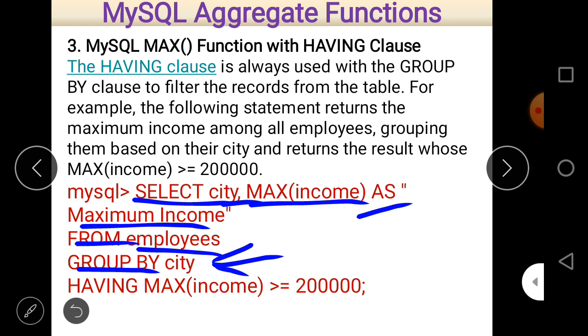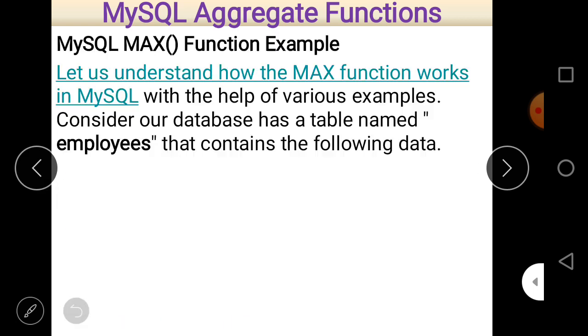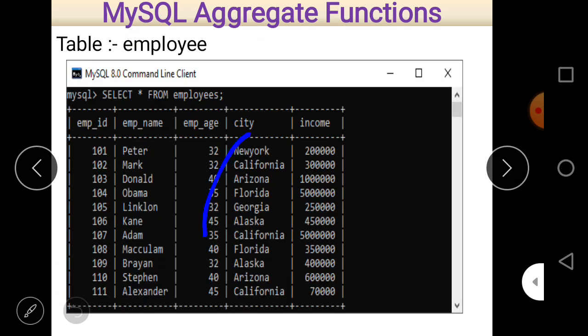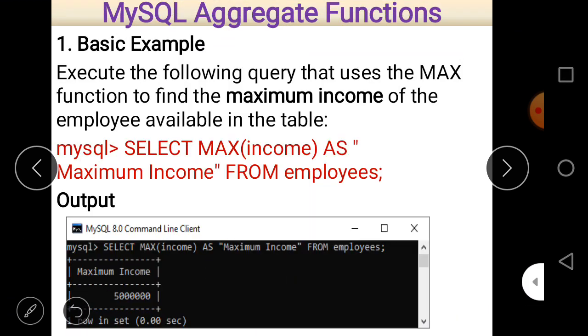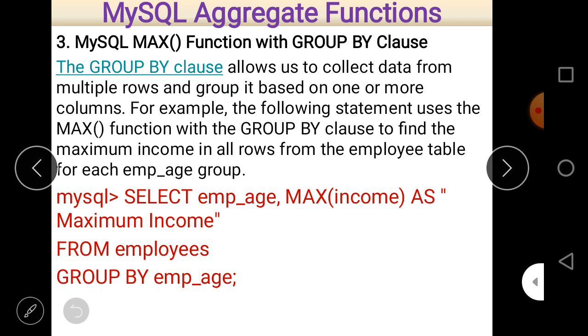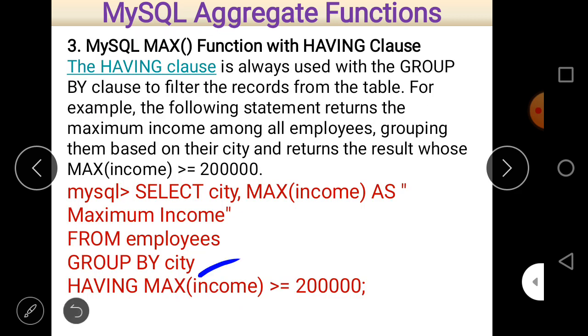So we already know that there are different cities in our list, and duplicate city names are also there. So there is a group on the basis of city here. For example, New York only appears one time, but California, I think, appears 3 times. So there are different groups on the basis of city here of table name employees, and then the condition is among these groups.